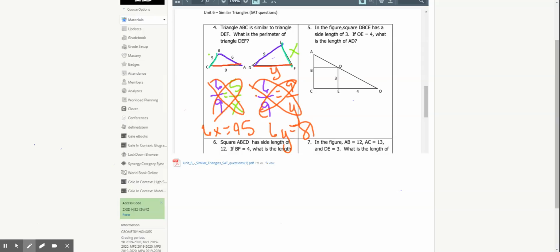Solve those for x and y, and then make sure that you are solving for the perimeter of this bigger triangle. So once you find x and y, how do you find the perimeter? You got to add them all up. For the next one,